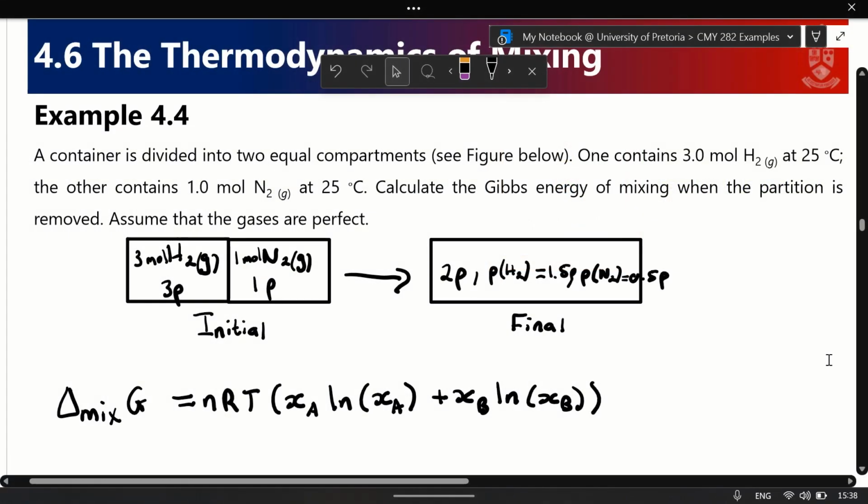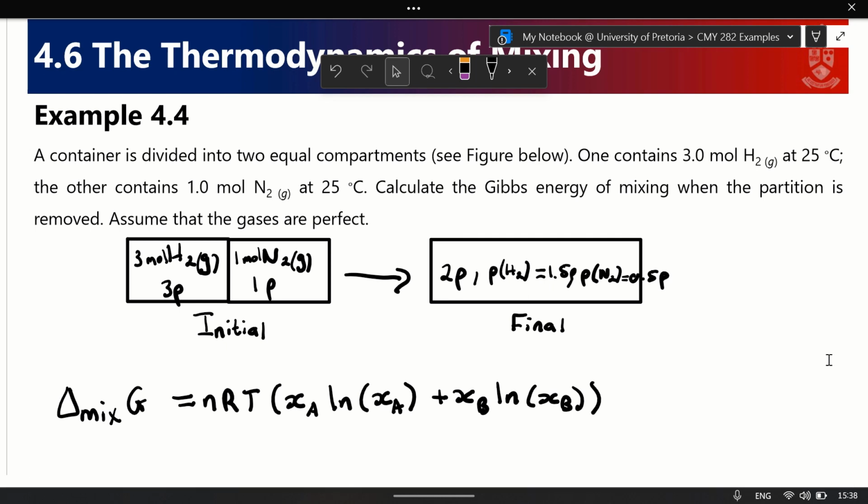Okay, so in this example, we're given that a container is divided into two compartments, one containing hydrogen and the other one containing nitrogen gas, initially at the same temperature, but their pressures are different. And then we also calculate the Gibbs energy of mixing. Then we're given the initial and the final